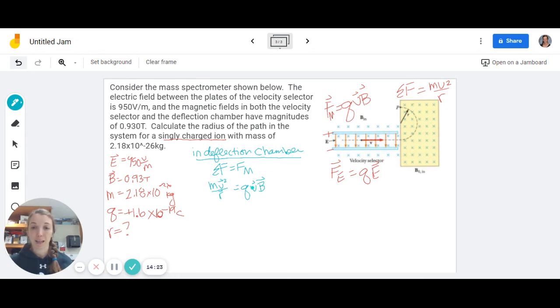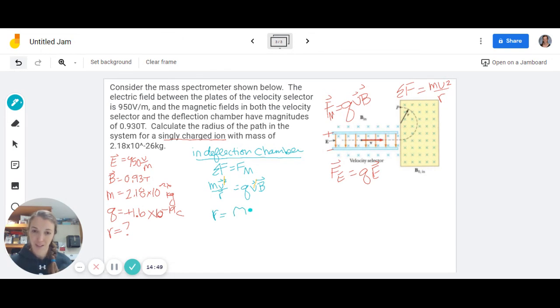So now I can see that one of my velocities cancels out. That velocity cancels with that velocity. And then I'm solving here for radius. So if I multiply by r over here and then divide by qB, I get r is equal to